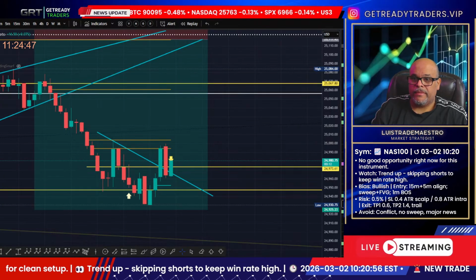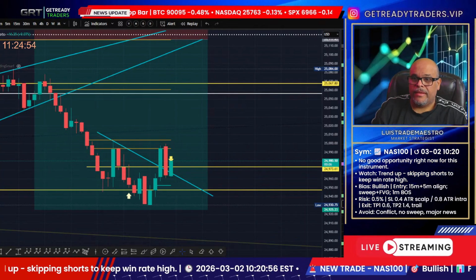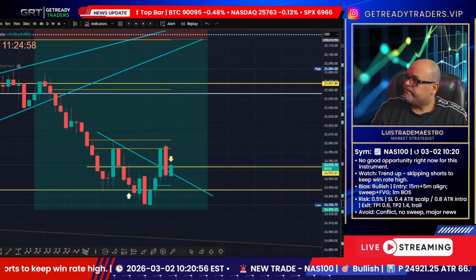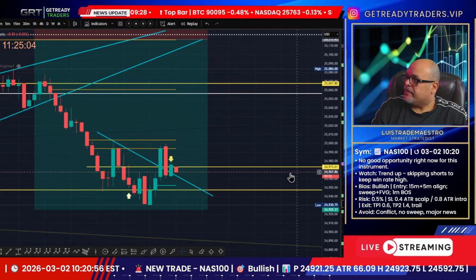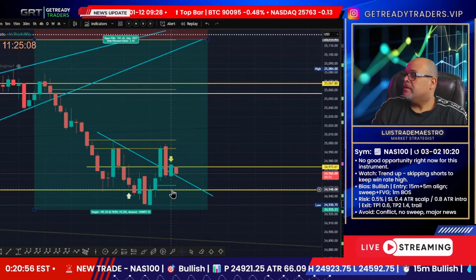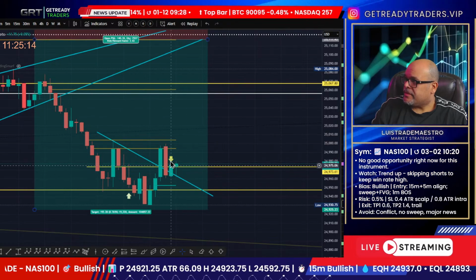Engineer traps. This market is nasty. It couldn't be nastier than this. Engineer traps. But it's very good because this here is a liquidity cluster that right now it can come down